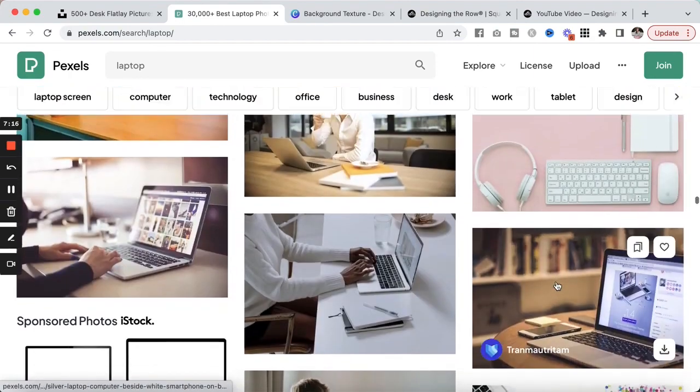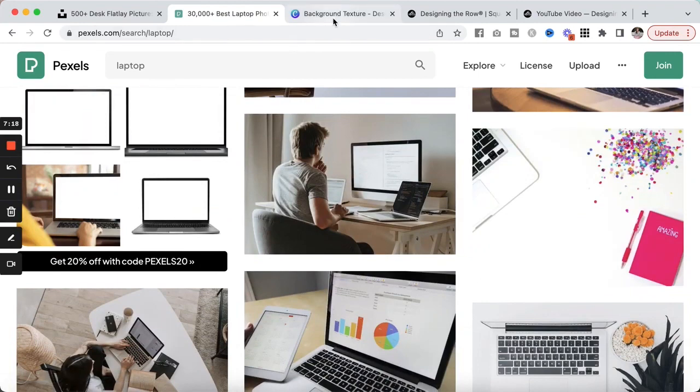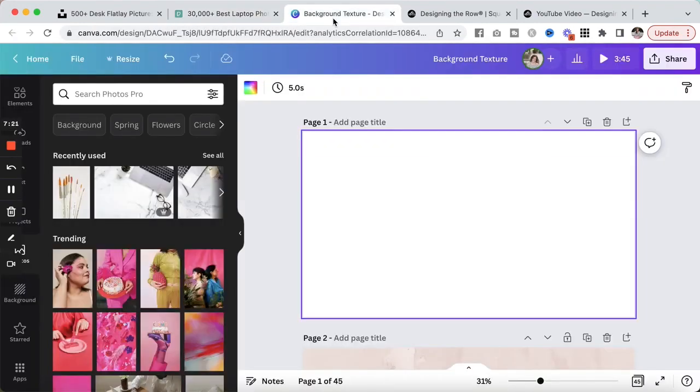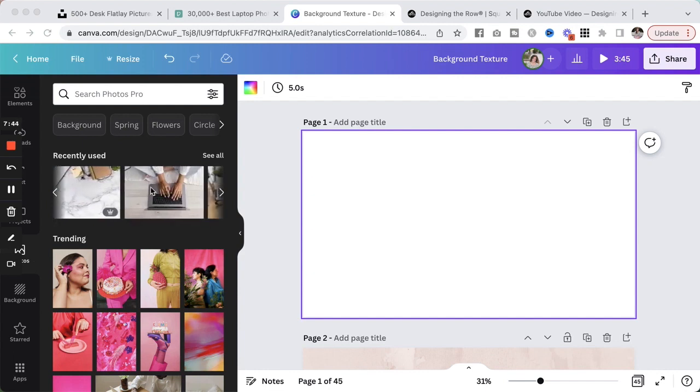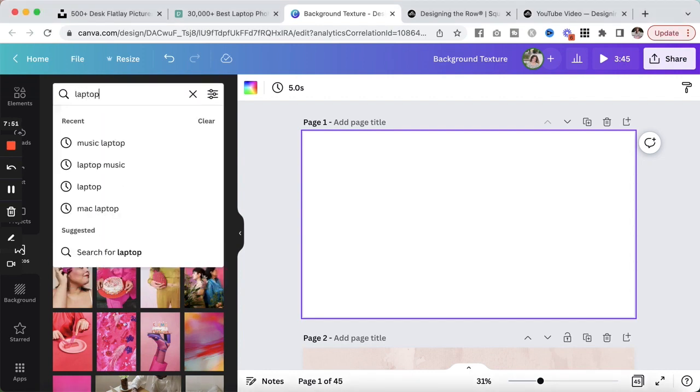So this is Pexels. The other place I like to go is Canva, and I do pay for the pro account, but you can search their photos and their elements even if you don't have a pro account. But what you're seeing me find is it's not all free. So what you can do, you can see I've already clicked over here in the left sidebar on photos, and you can kind of get a sneak peek of my recently used up here, which again, laptops, some marble backgrounds. If I search, again, laptop,